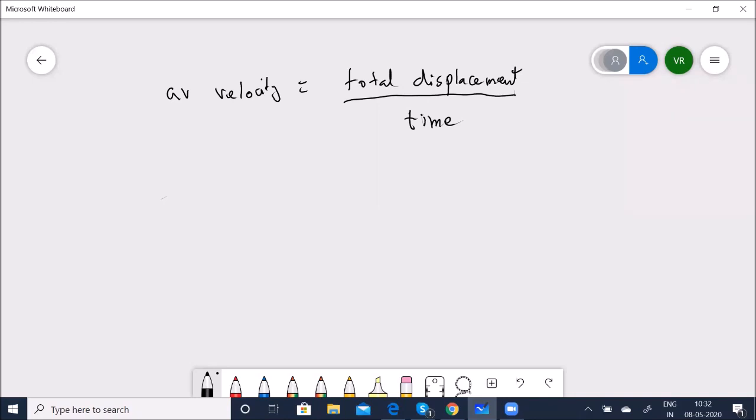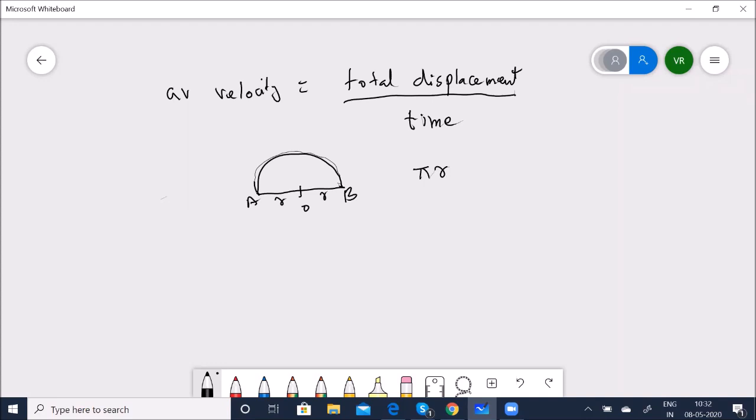Now when I say semicircle, let me draw the semicircle. It is going to be like this with center O. Now you know this is R and this is R. Let us take this as AB. So the distance, the circumference of the semicircle, is going to be pi R.